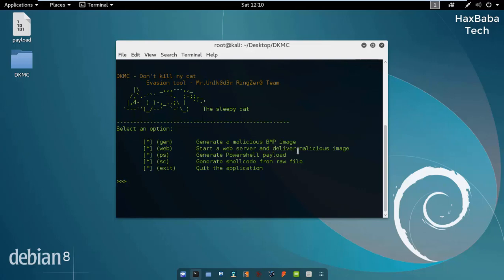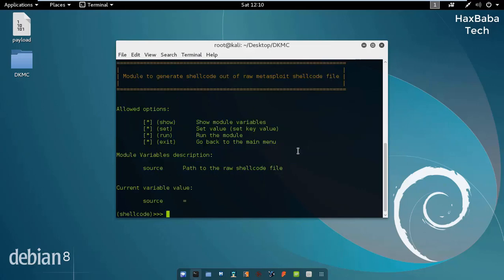First of all, we have to extract a shellcode from our MSFvenom raw payload. So we have to type sc here, and set the current variable value, source. We have to specify the payload location here. My payload is on the desktop, so I'll type root desktop and my payload name, and that's it, and hit enter.